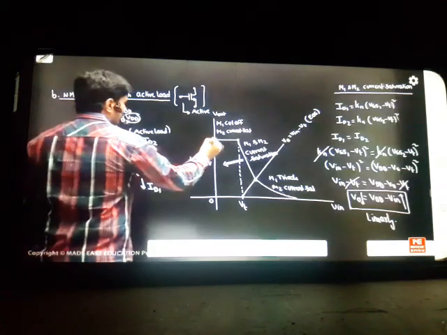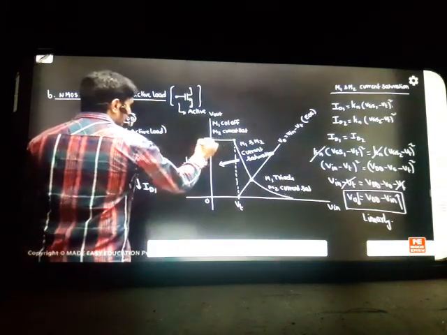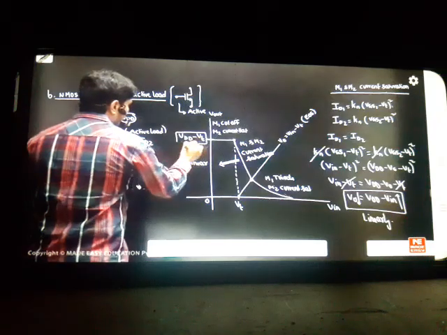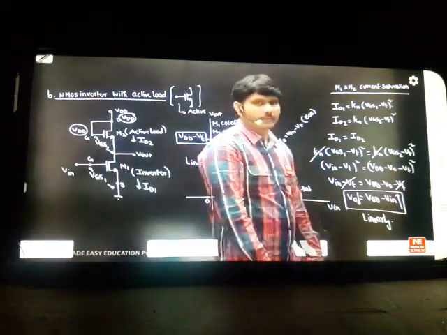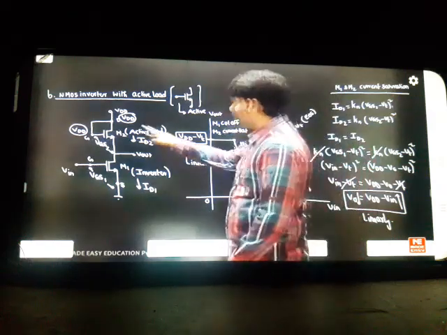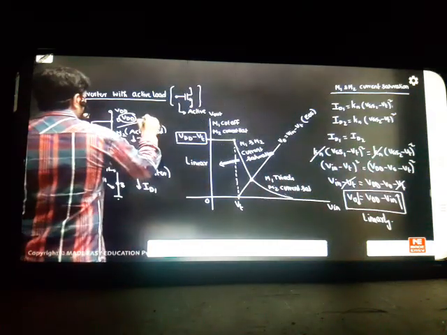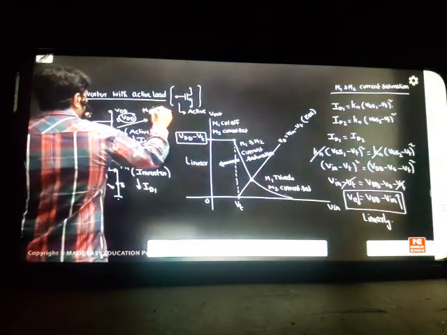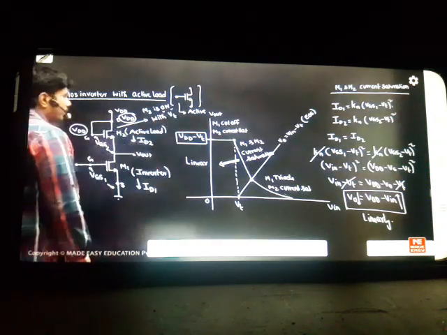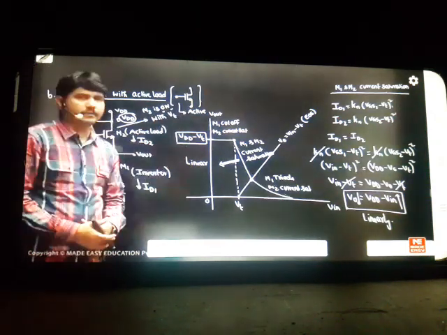Are you thinking that this answer is VDD? Most people will think that this is VDD, but this is telling that it is not VDD, it is VDD minus VT that is coming. So this point is very important to learn. We are not getting the highest voltage in this switching technique because of active loads. Here we are not getting the highest VDD, VDD minus VT is coming because this MOSFET M2 is already on with the threshold voltage VT. So already it has some threshold voltage. That's why the highest voltage minus threshold voltage is your output.